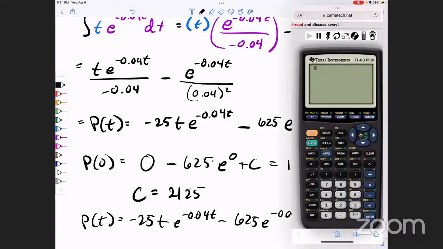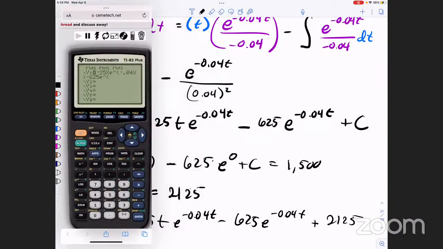I'm just going to type it in here. Actually, I'm going to go over here to my y equals. Negative 25x times e to the negative 0.04x minus 625 times e to the negative 0.04x plus 2125. Okay. So then what I'm going to do is call on that function